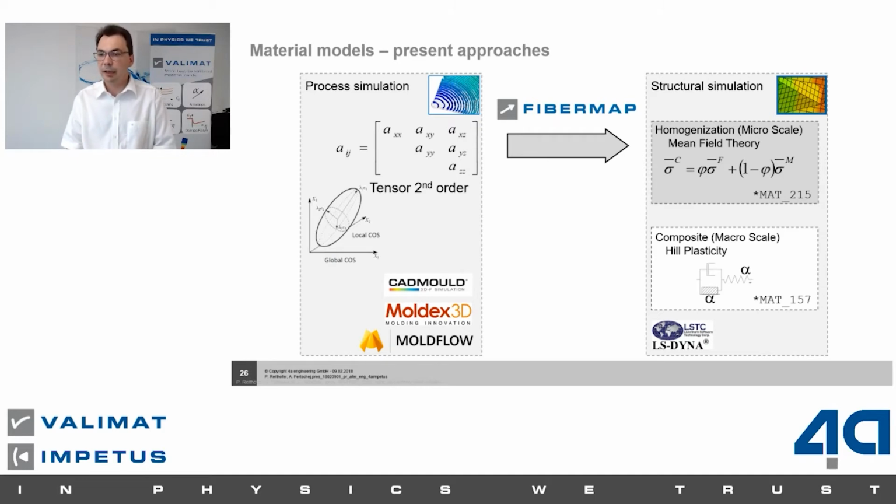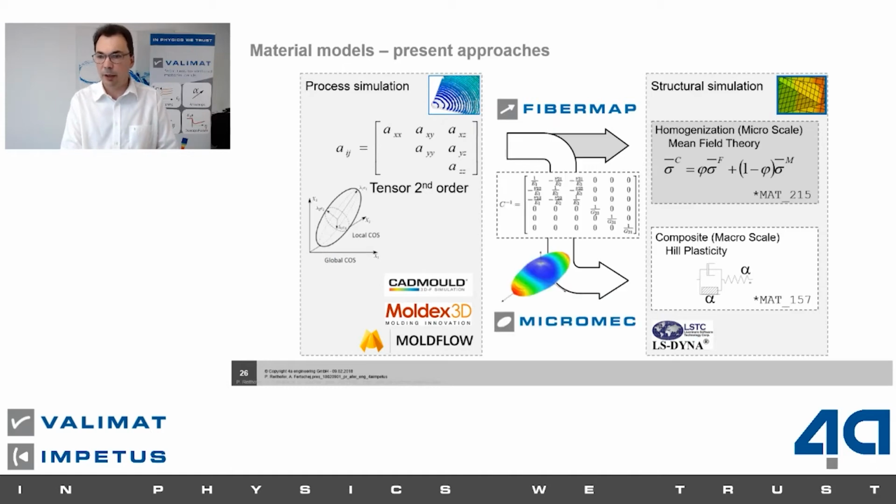In case of using a composite model, we just take this fiber orientation and first calculate the composite properties, and then map the composite material properties to the mesh. So in that case, you're mapping information of fiber orientation on it. If you really want to locally consider the material properties of the fiber orientation, then you have to calculate the material properties on each integration point or each element beforehand and then map this to the material model. So that's quite an easy way, and that's quite expensive in the beginning,